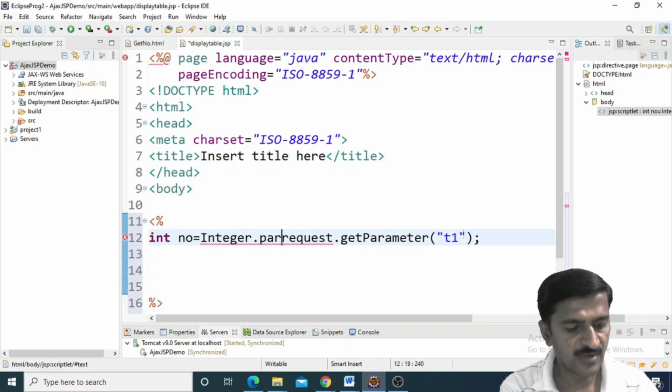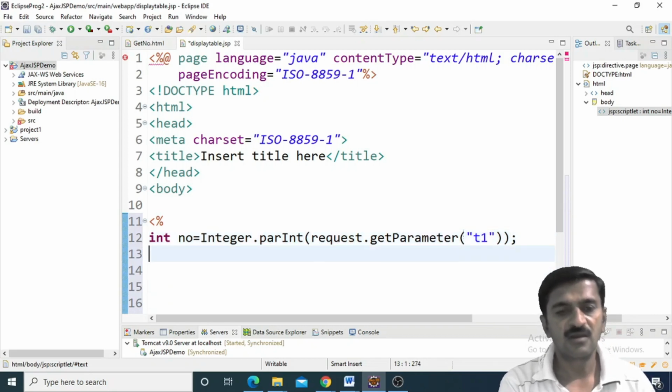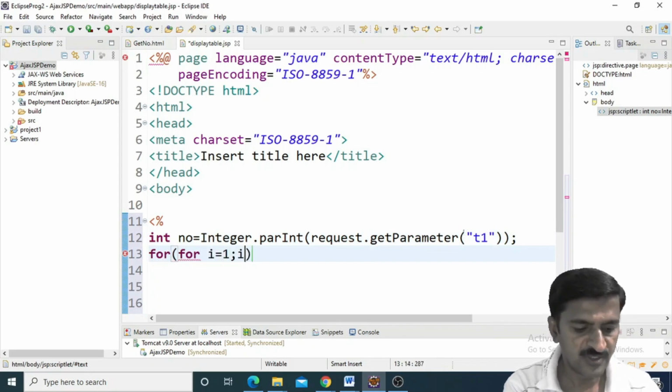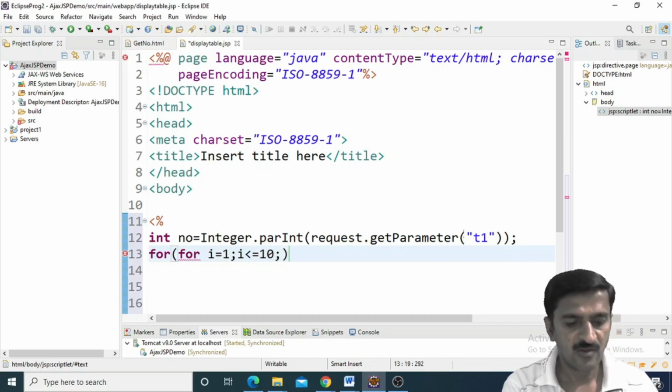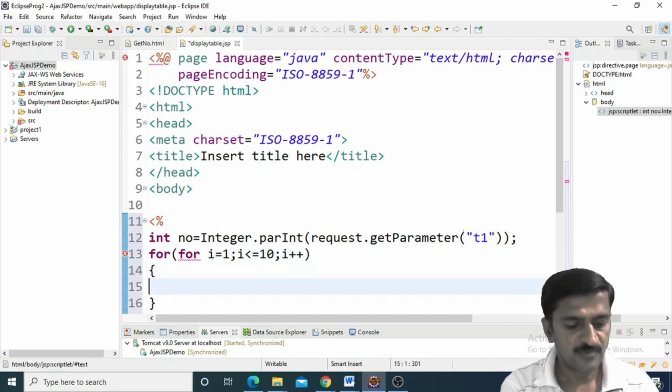Integer.parseInt is a function that we need to use to convert the number into integer. After this I can write a simple loop here which travels from 1 to 10, and I'm simply specifying